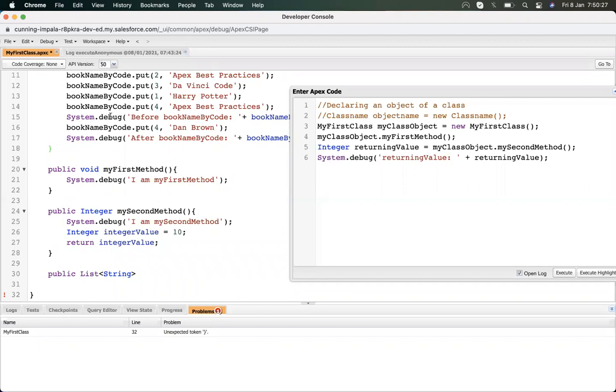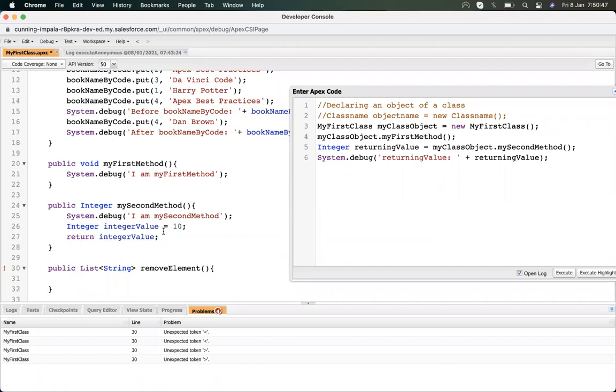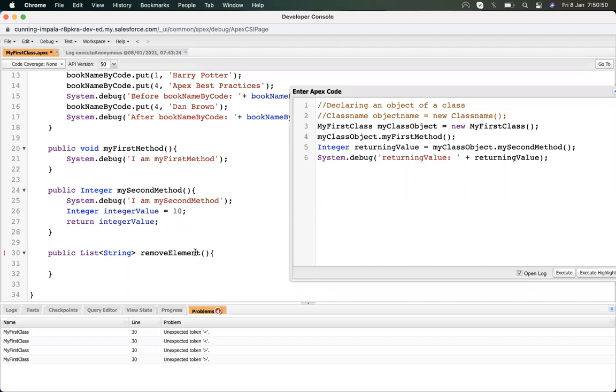Since it is also returning a list, our data type will become a list of string, and I'll name it remove element. Then I will get a value, suppose an integer, and I will write index.